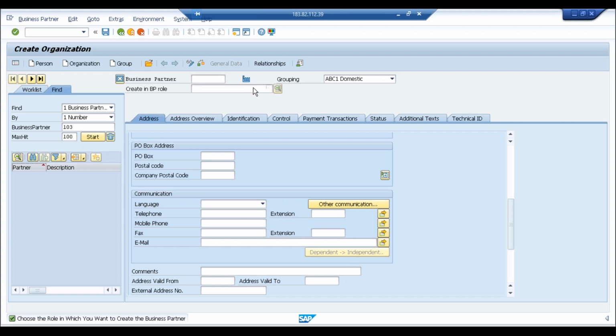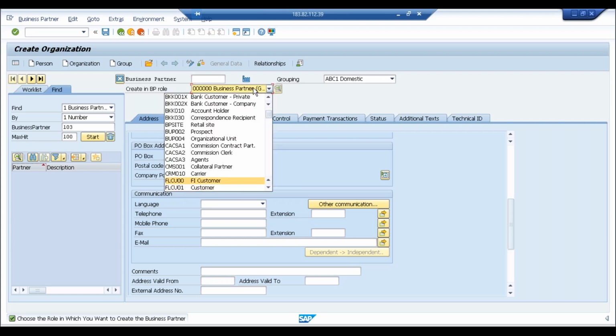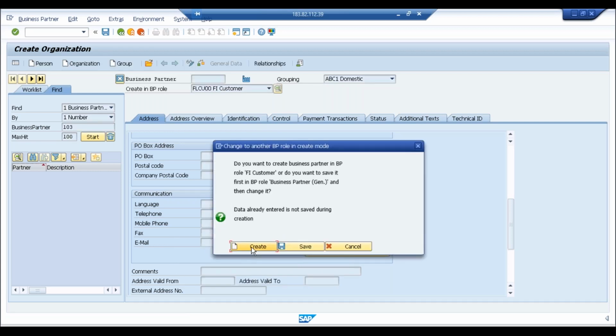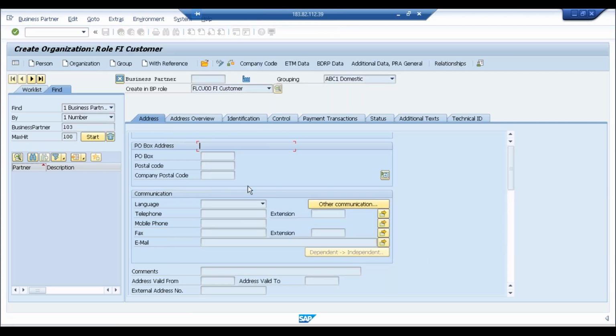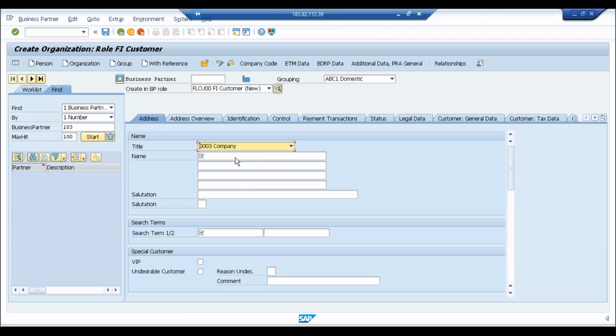Okay, so I need to select FLCU00. Click on create, company, test,